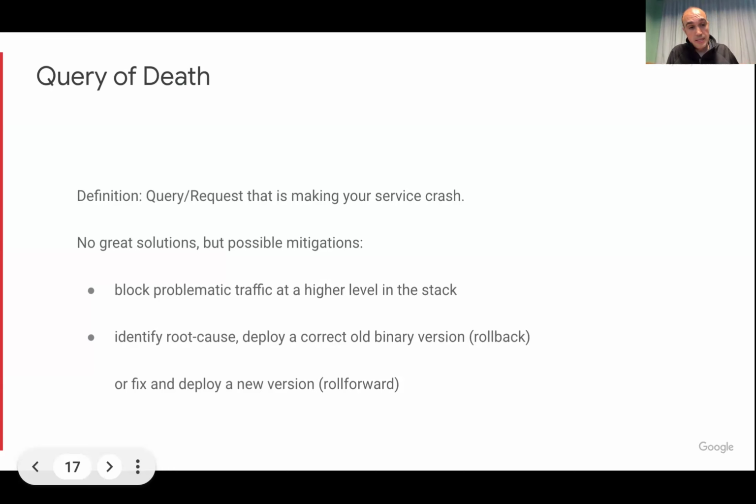So when you get paged and you have an alert that your system is dying, you say, oh, it's a query of death. Then what I do is put this user on hold, in a sense. Fix the server, do a rollout of a new version that has the query of death problem solved, and then you can readmit the user. It's not great for this user, but it's always better than tanking the whole system for the rest of the users. So the experience is not great, but it's the best you could do.